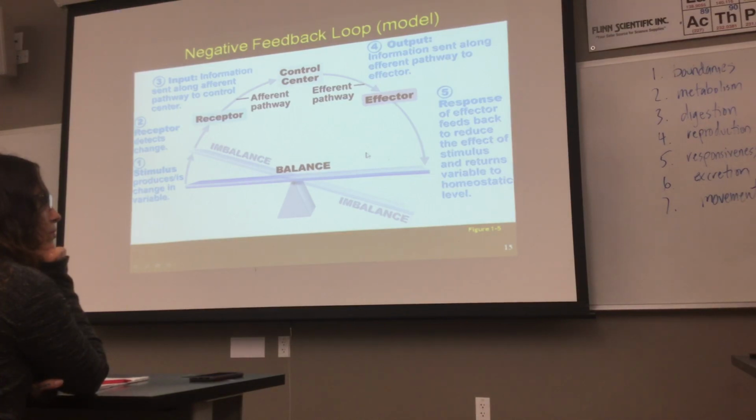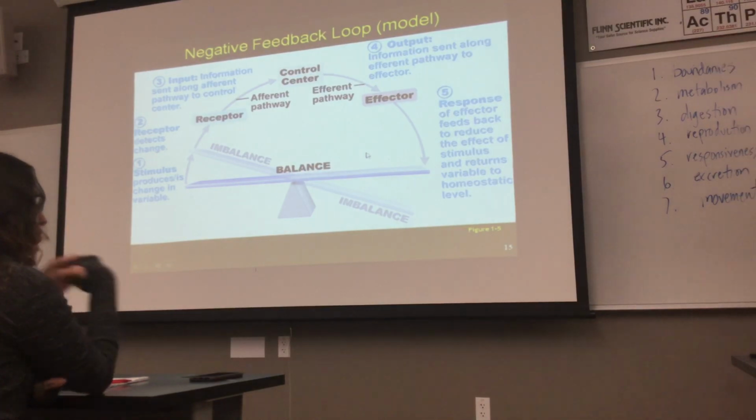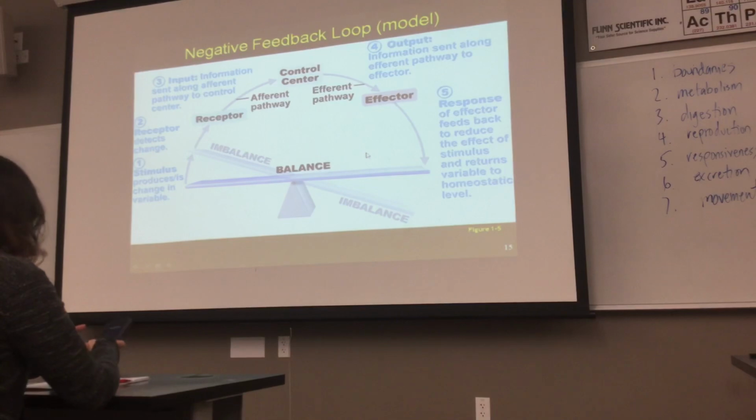If you want to make sure that CO2 keeps going from the blood into the air sac, then you want to make sure that CO2 does not accumulate in those little air sacs. That's why you're pushing the air out during exhalation. If you want to make sure that oxygen is able to continually go from the air sac across the respiratory membrane into the blood, then you have to make sure that oxygen in the air sac is kept high. So how do we keep oxygen high and CO2 low? Ventilation. All right, so which of these 7 necessary life functions can you connect to the act of ventilation